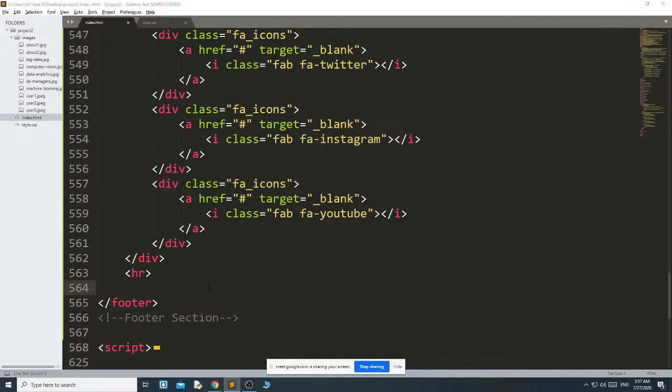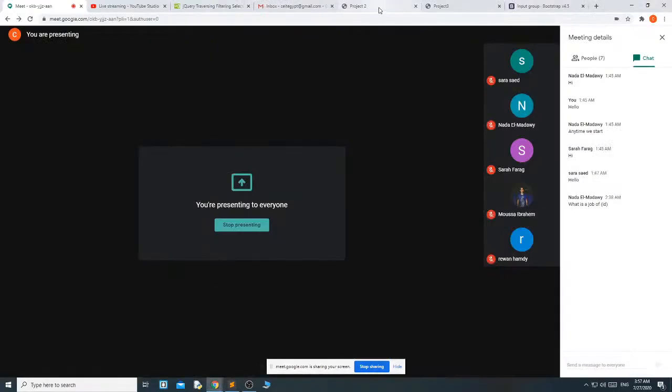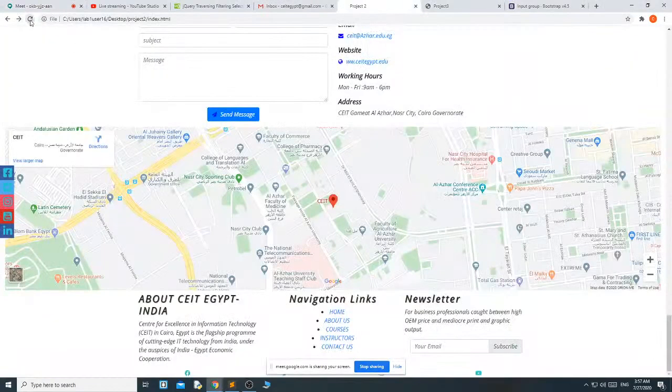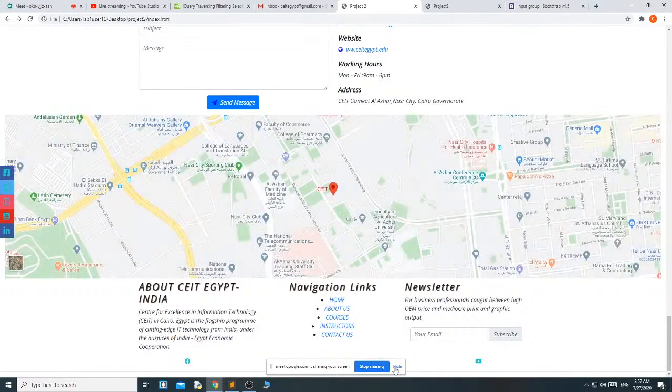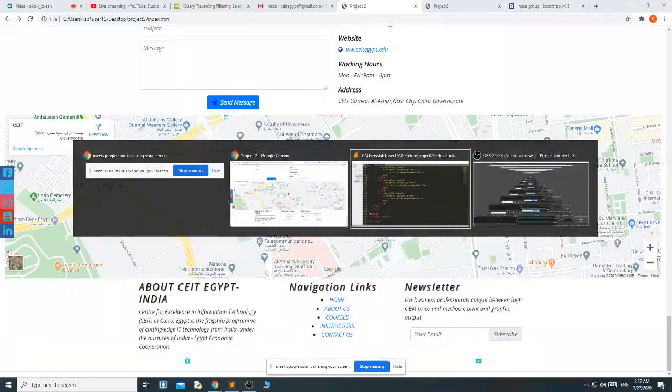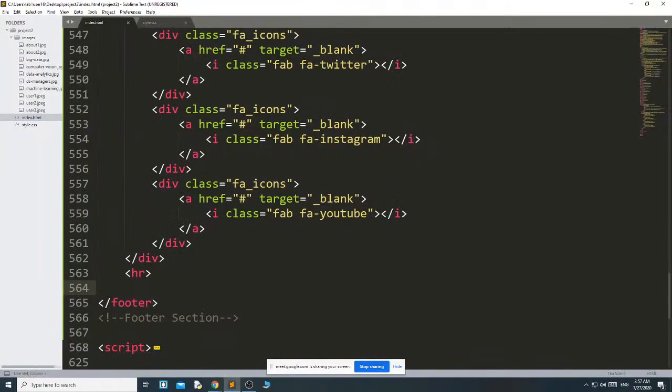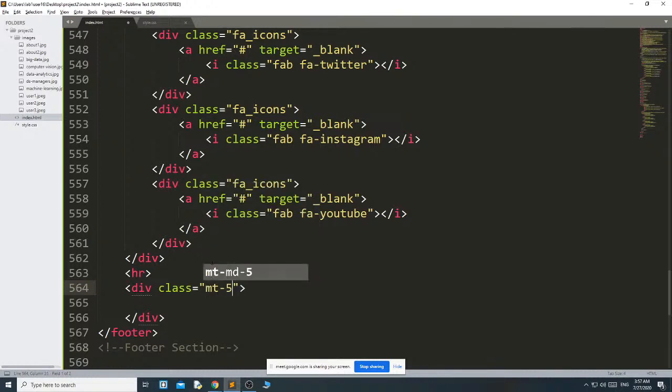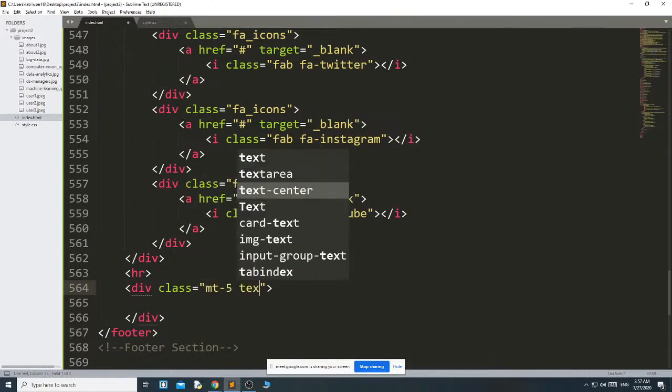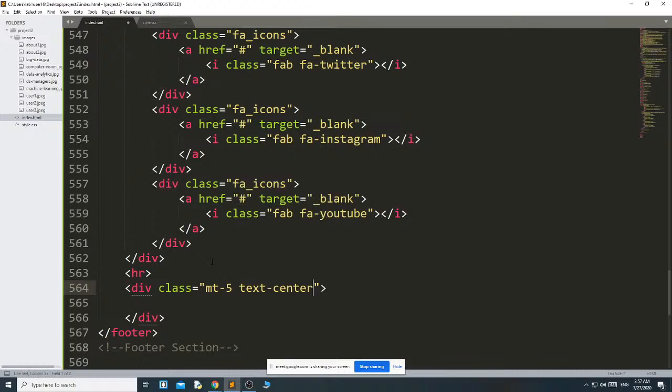Then hr means, okay. Once I put an hr, you can see it gives an underline. It will give underline, but after, you can see once I add something. Okay, hr. Then here I just use one div. You can directly also write, but I want to give margin here itself and text center.